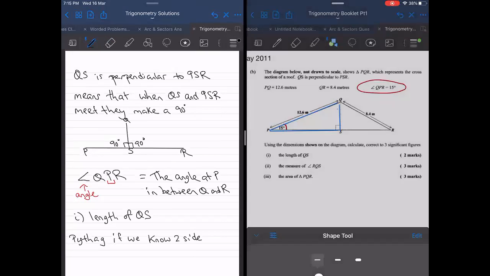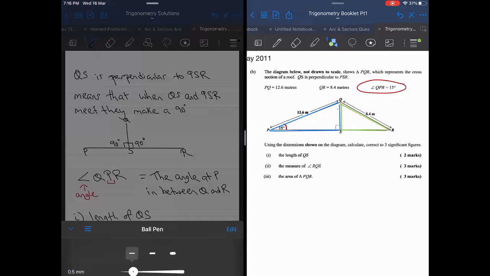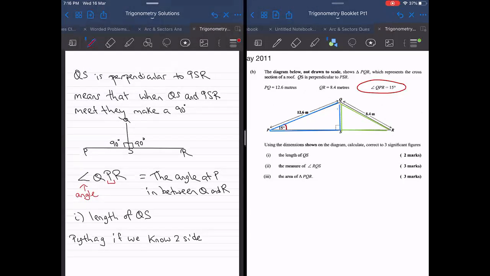For the other triangle, same thing: I know QR, but I don't know SR and I don't know QS. Therefore, we're not going to use Pythagoras' theorem. Again, guys, I'm trying to ensure that you can reason out the question for yourself to be sure what you should use. Since we don't know 2 sides of either of the triangles,